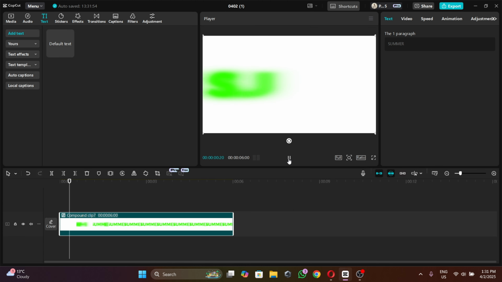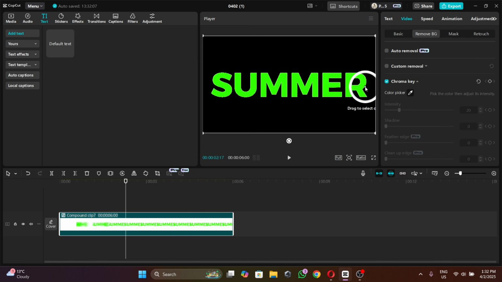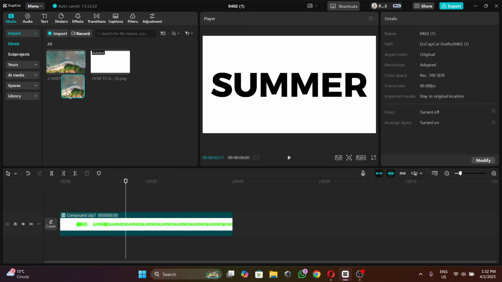The next step here is to add a chroma key to our compound clip. So we want to select it and go to video, then remove background and select chroma key. And for the color, you're gonna select the green part. We're gonna increase the intensity and the clean up edge a little bit, so all the green is removed, like so. Then what we want to do is to put the video background under it,